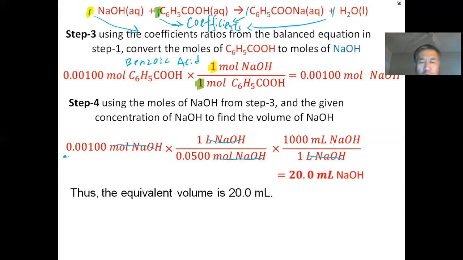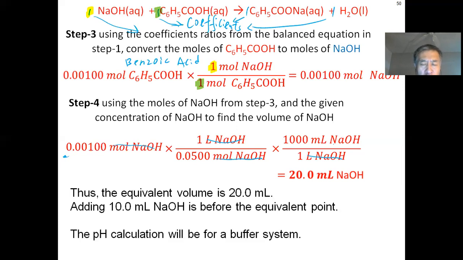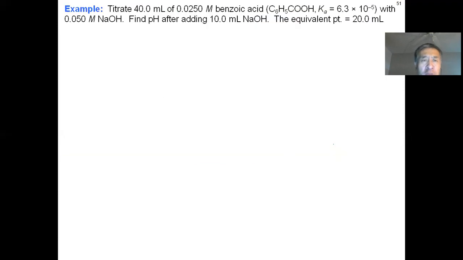And this is the equivalent volume. So the equivalent volume for this titration problem is 20.0 milliliters. So therefore, adding 10.0 milliliters of NaOH is before the equivalence point, and the pH calculation will be for a buffer system. Why is that? Because